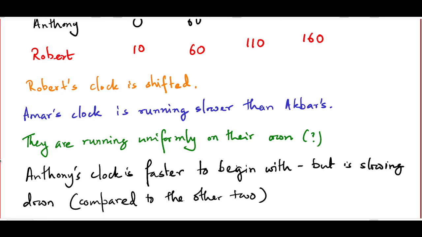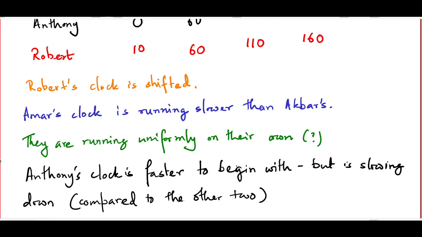Now you might be inclined to vote in favor of the other 3 because their readings are in some sense consistent with each other. That is, they're just shifted or scaled versions of each other. And Anthony's version is of course much more complicated. But physics is not really decided by democracy. Just because 3 people's clocks agree and the other one doesn't,